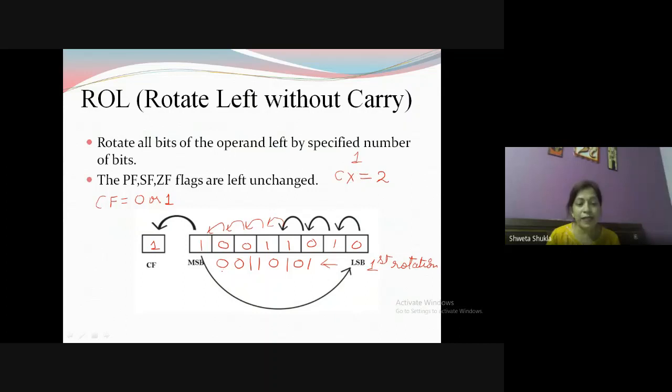Now the value of MSB is 0 here, so naturally it will go to the carry flag also. Suppose this is CF, and then every bit will move towards its left side. So now the CF will be 0, and we have the value 0, 1, 1, 0, 1, 0, 1, and at the end we will get 0 because the MSB will move towards the LSB side also. So this will be the final answer after your second rotation. So this is how ROL works. Remember? Now we will deal with the second one, that is ROR.